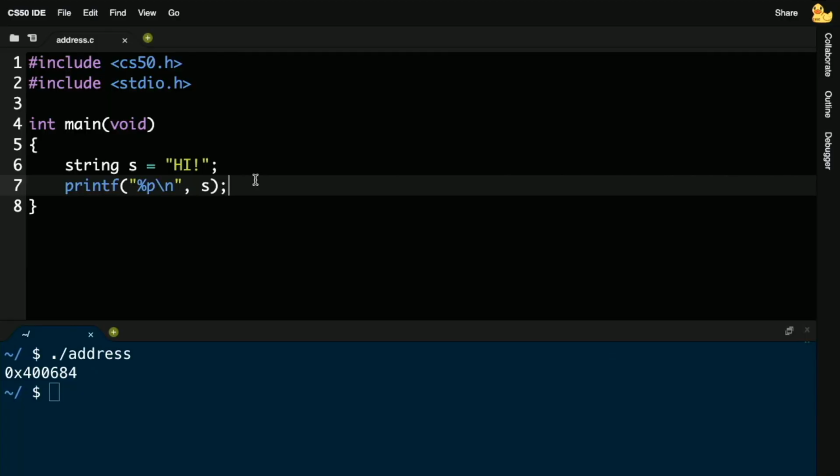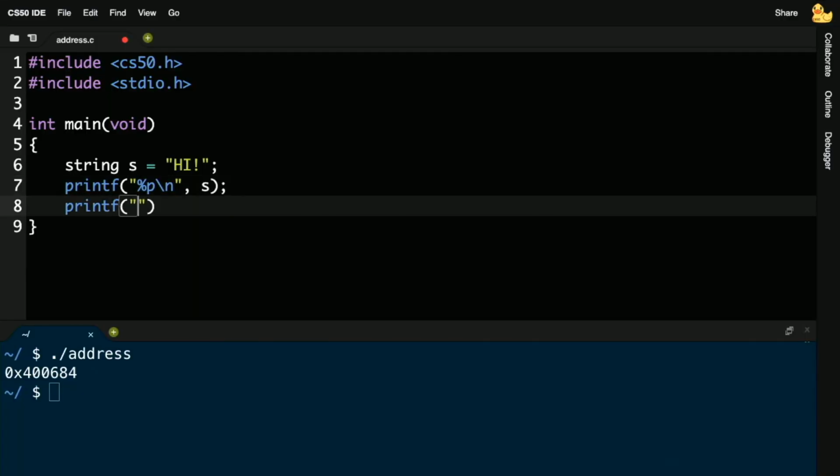And let me do the following now. Suppose I get a little curious further, and I do printf. Let me print out another address, followed by a new line. And let me print out the address of the first character. So again, this is a little weird to do, and we wouldn't typically do this that often. But just to make the point that these operators give us very simple answers to questions like, what is the address of this thing? If s[1], as of week 2 in CS50, represented the second character in s, because zero indexing means s[0] is the first, s[1] is the second.